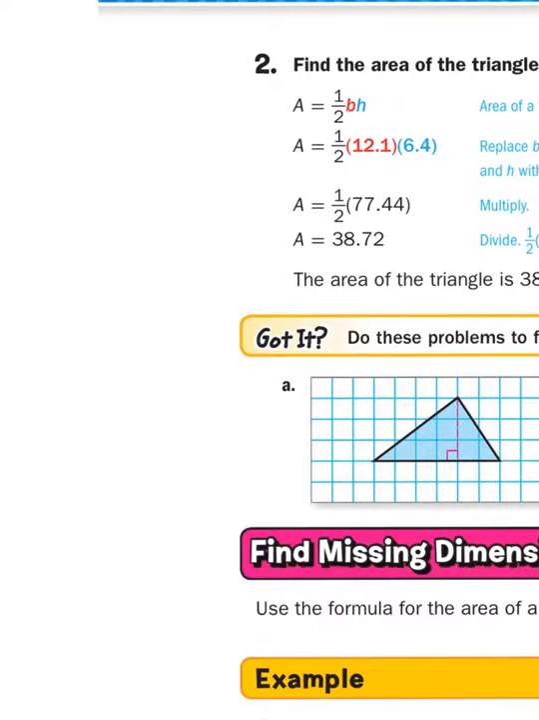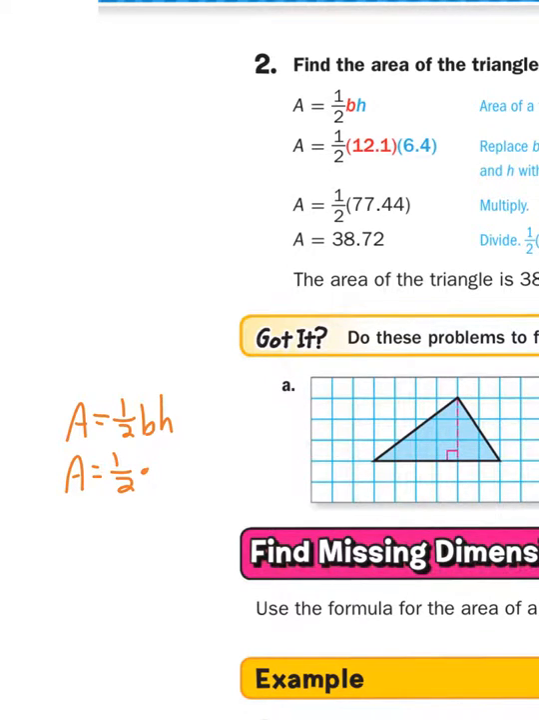All right, so let me start with A. So I have to find the area, and you should have already done these, so you're just checking. Did you start by writing the formula? Half times base times height. And next, you're going to substitute. Area is half